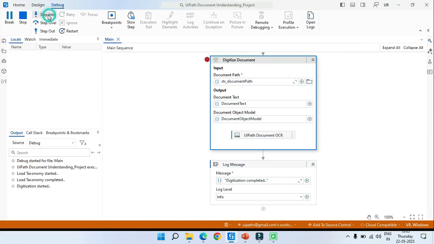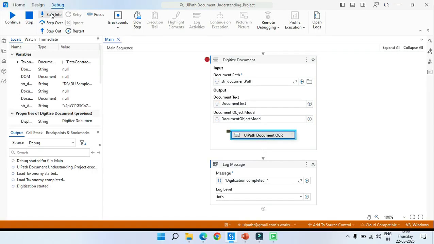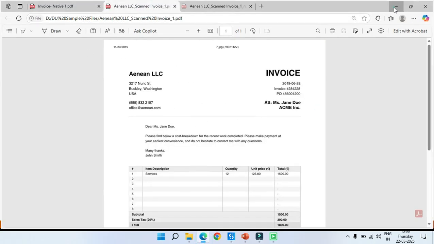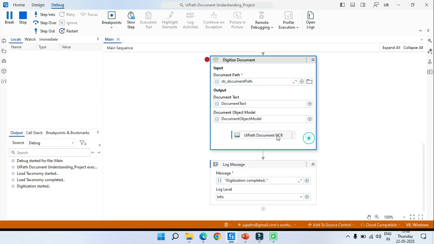Now let's step into. Okay, now it reached this. It means it has to apply it because that document is a scanned PDF, right? It will apply here, and now it will give you the data, that text.